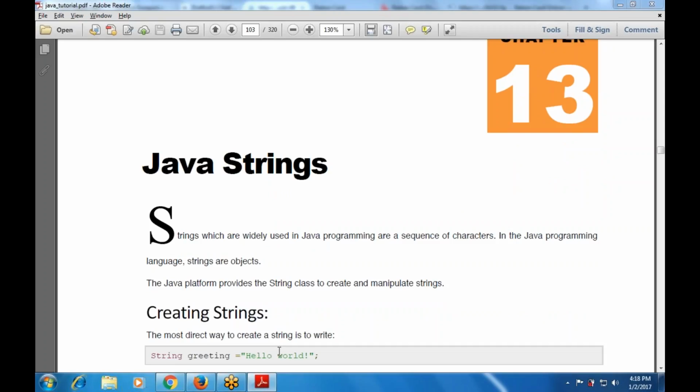So let's start with how to create a string. First of all, what is a string? When we combine multiple characters, that is known as a string. For example, when I write